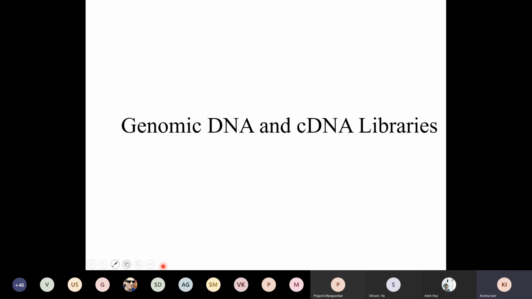So we have been talking about recombinant DNA technology, and then we learned a little bit about what is classically called cut and paste technology, where you learned how to take plasmid vectors and cut out a piece of DNA, put it in the vector, and then clone it in a sense. We then learned about another technique for amplification, which is called PCR. And then we also talked a little bit about